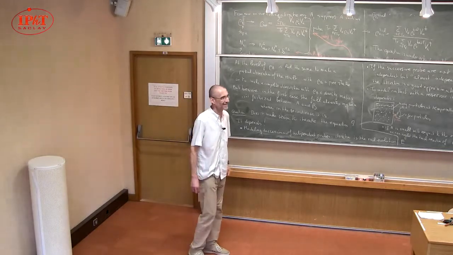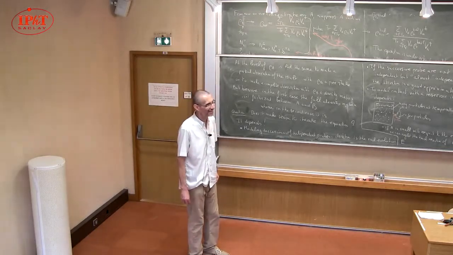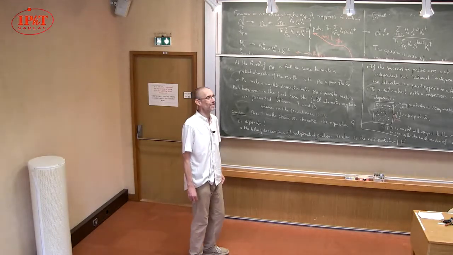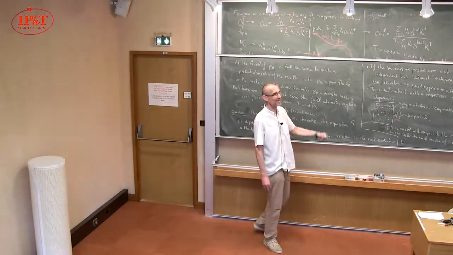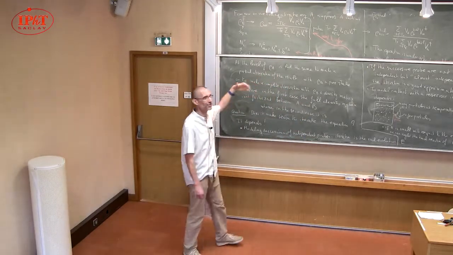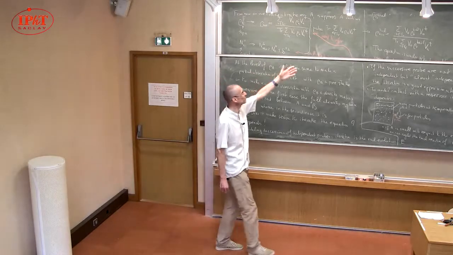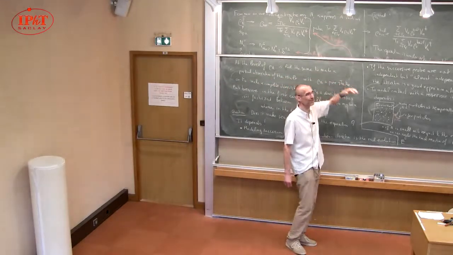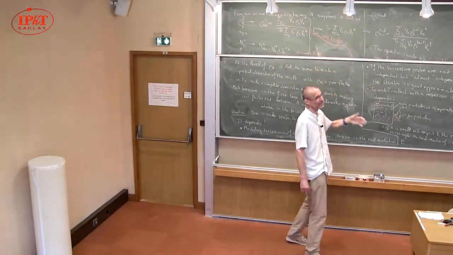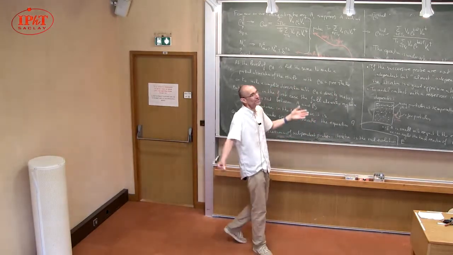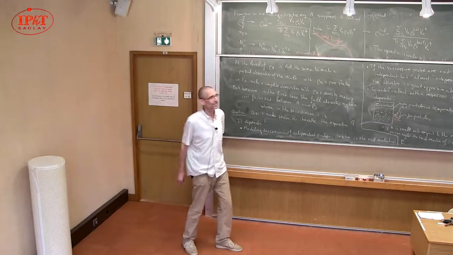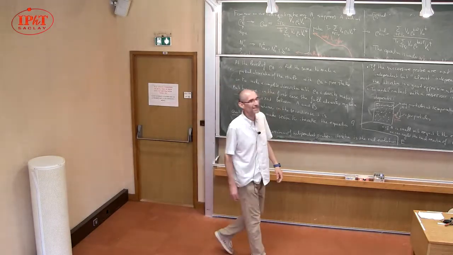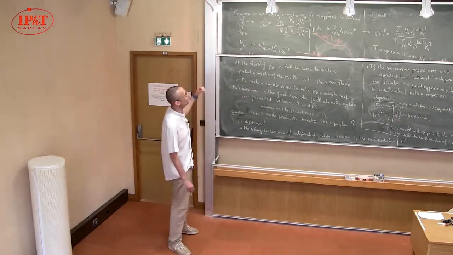Yes? Sorry, I do not understand really what is the rho trial. I mean, it's just, well, for instance, you could say, okay, I don't know the system is in a certain state, but I don't know anything about it. So let us just start with rho trial, the most disordered possible one, which is just proportional to the identity matrix. It's just, I don't know. It's an ansatz. Yes, you see, and in fact, so let me say it again.